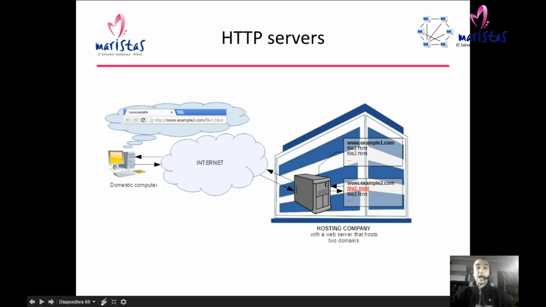In order to understand this, let's imagine this scenario. From our computer, we want to watch this web page. When we write this in our browser, what we are really saying is that we want to see the file1.html, which is contained inside the computer linked to the domain www.example2.com. When we write this, we are going to send a request to this computer,